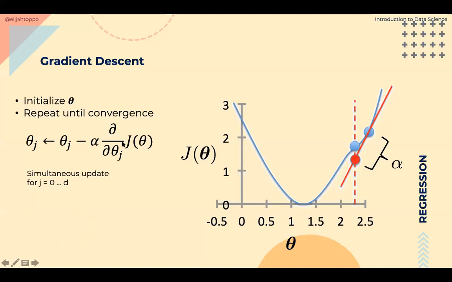So we are taking a partial derivative. What is a partial derivative? When you're taking the partial derivative with respect to this theta j, everything except for this theta j we assume are constants. So if, let's say, we are doing this for theta 1, we will assume that theta 0, theta 2, theta 3 and so on, all the other values of theta, are constants, and we are just differentiating with respect to theta 1. If we change this to theta 5, then we are just differentiating with respect to theta 5, and all the other values are constants. That is what we mean by partial derivative.